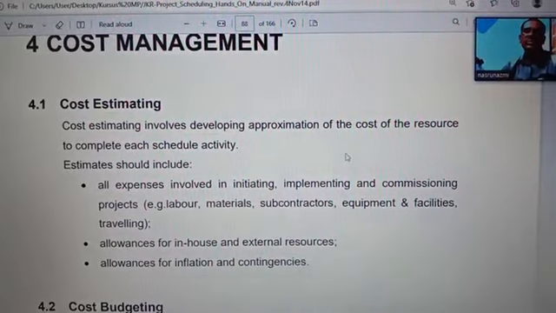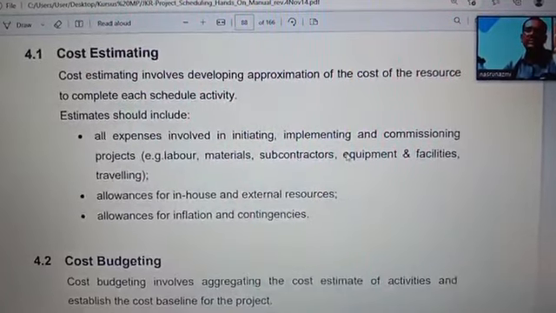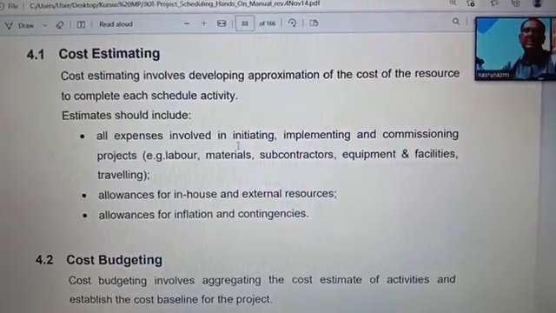Estimate should include first all expenses involved in initiating, implementing and commissioning the project,